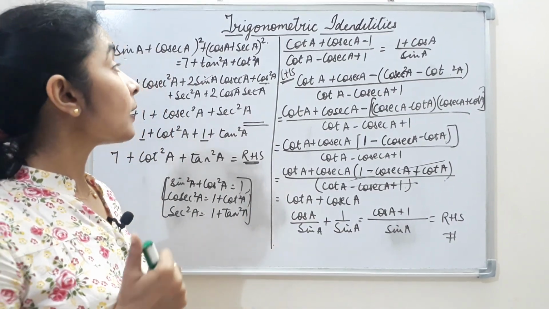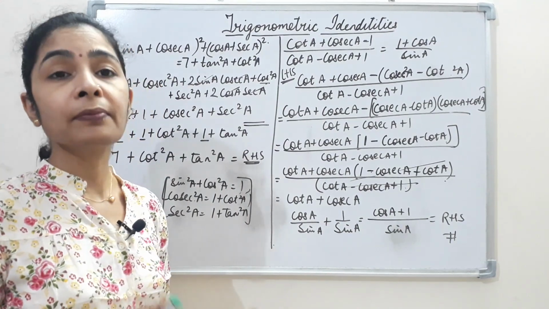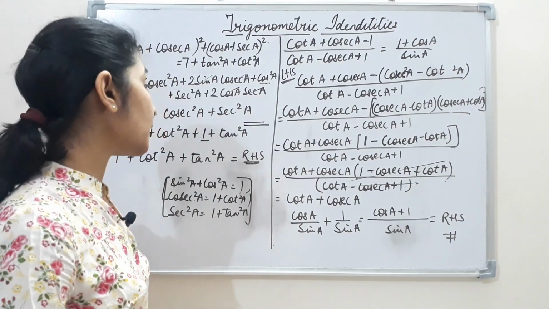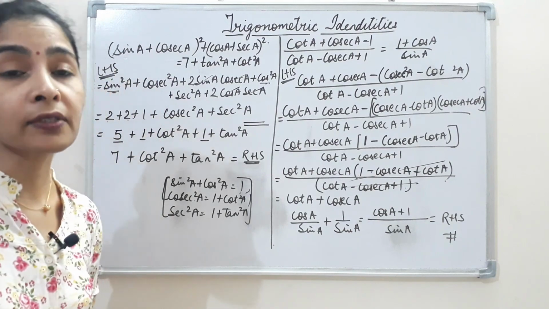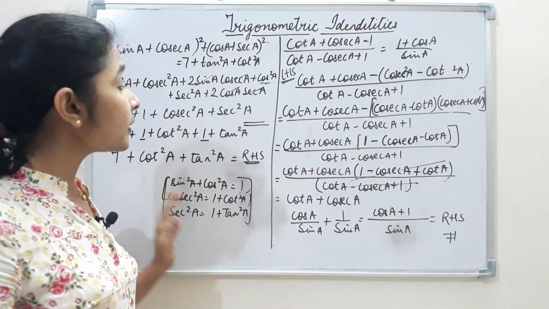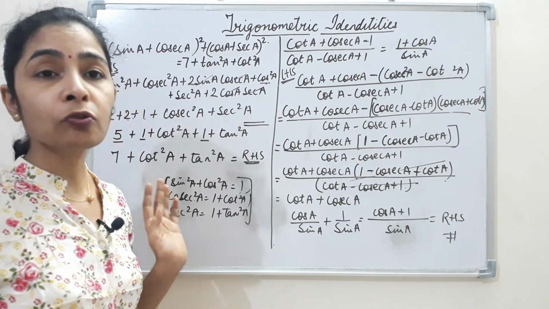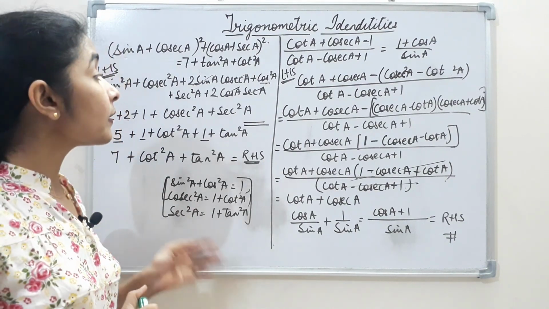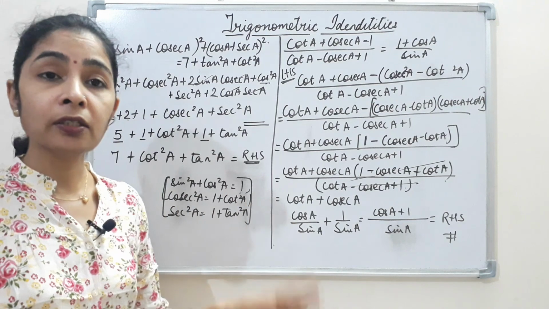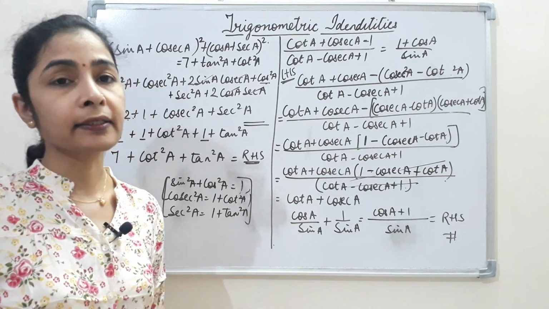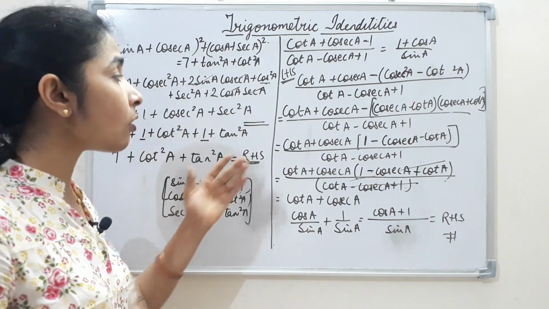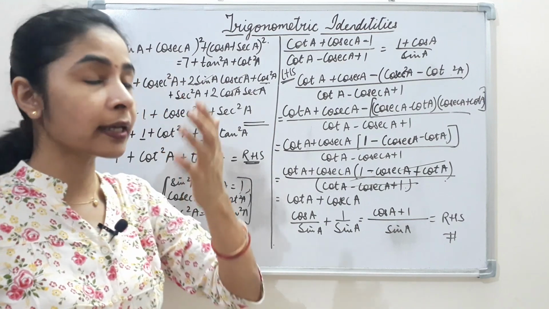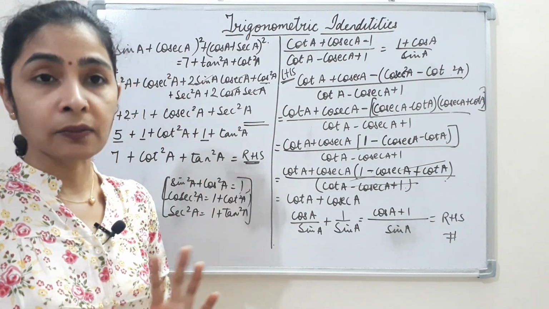Okay, now these are a few identities, a bit complicated and important ones, that we have solved. Hope with the help of this you will be able to solve all the identities that are given in your exercises. We will also have further videos based on some typical identities in which the value of m or n is given in the form of some expression.